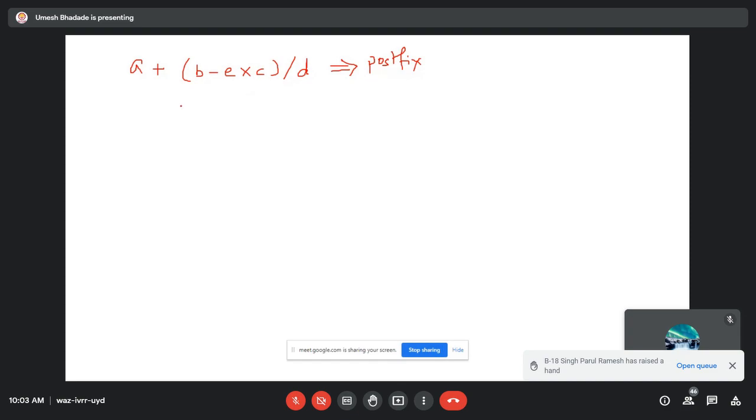Yes. Can anyone convert this into postfix now? I'm not talking about prefix. कैसे होगा इसका? A B